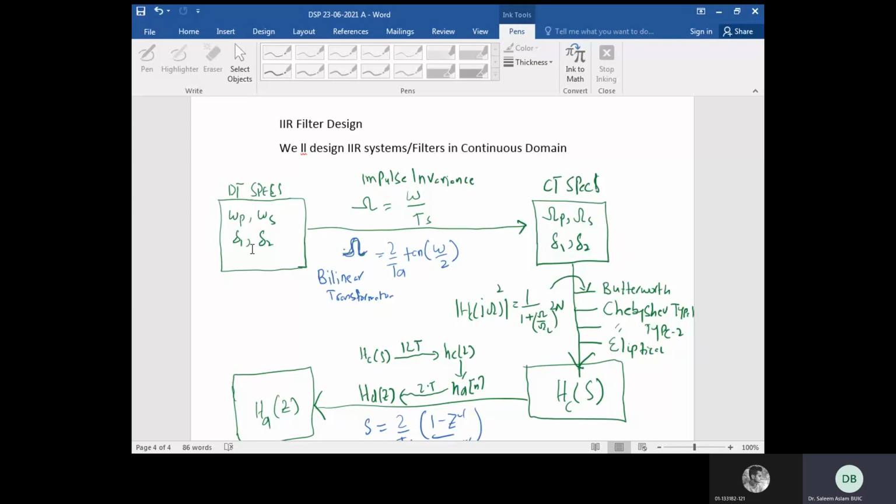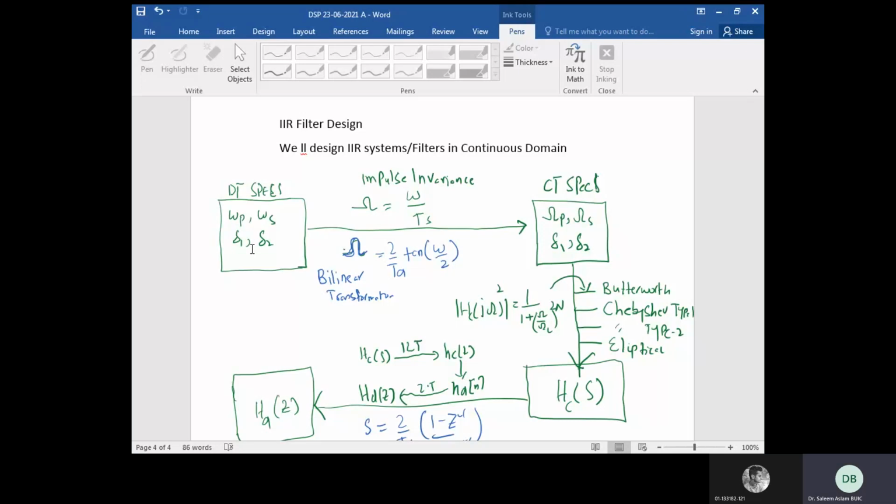We are finding H(s) using Laplace. Keep in mind, Laplace transform is basically used to design your analog system or continuous time system. You have already done this in your earlier classes. I think you designed RL circuits, RLC circuits, and then you bring RLC circuits into the S domain as s plus j omega and something like s plus j omega C. So you are already familiar with this one. And then after designing everything, we are coming back to the Z domain. But the question arises, why do we not jump from here to here?